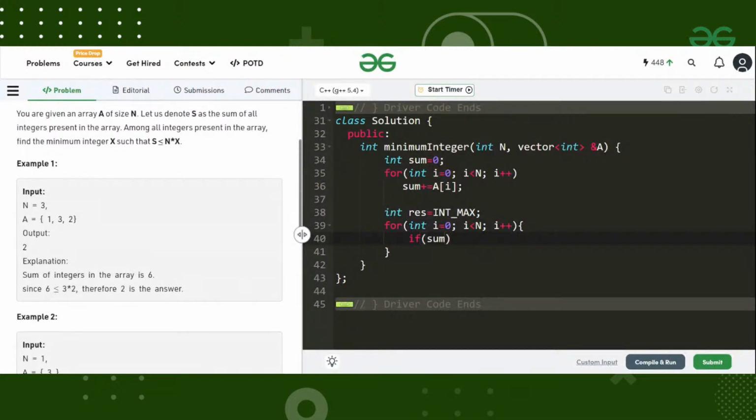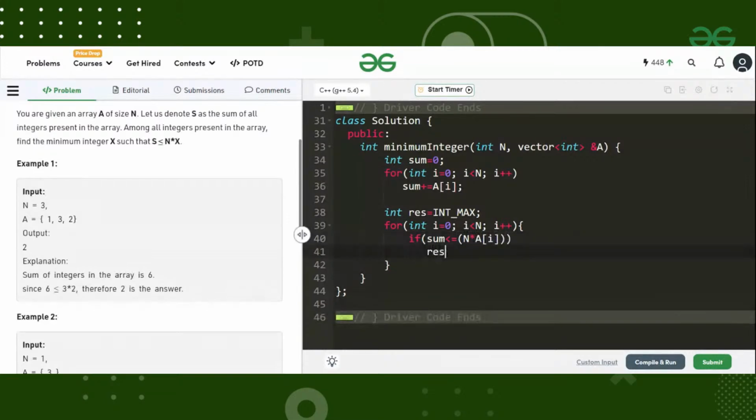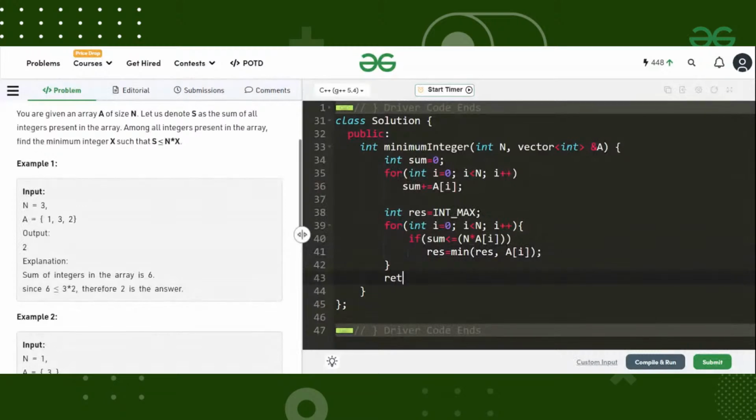So what is the condition? Sum must be less than or equal to n into A of i. If this is the case, then answer is equal to minimum of answer comma A of i. Right? And then at the end, we simply return the answer.